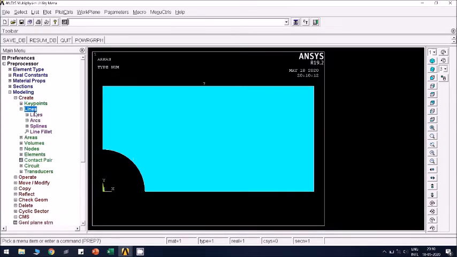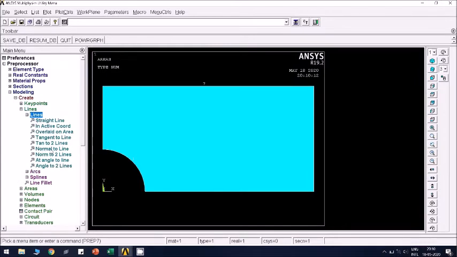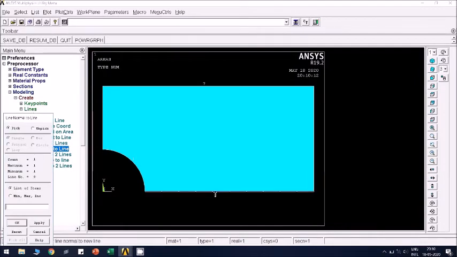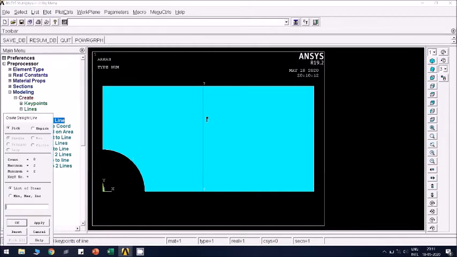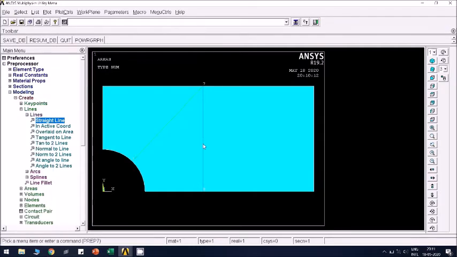Now I can use straight lines, normal to line option, normal to this line, click OK, from this key point, click OK. See, a line is created. From the placed key point, I am drawing a normal line to this line. Now already a point is here, I can directly draw a straight line. So go to straight line from this point to this point. Now lines are drawn, but the area is still the same. I am supposed to divide the area using these lines now.